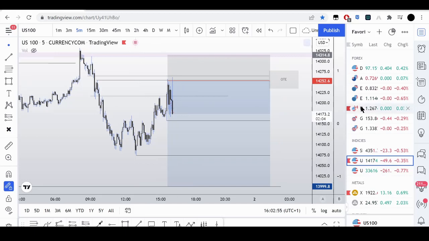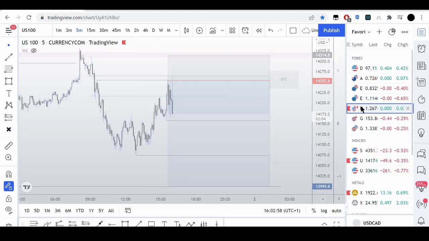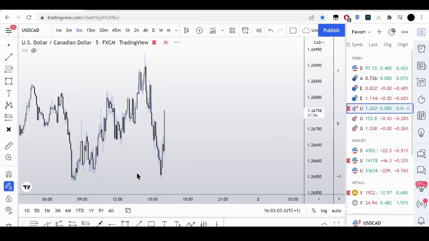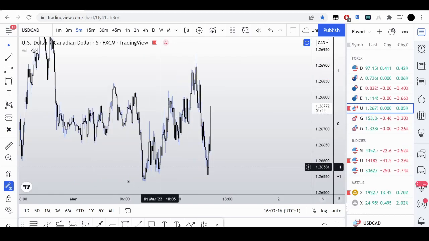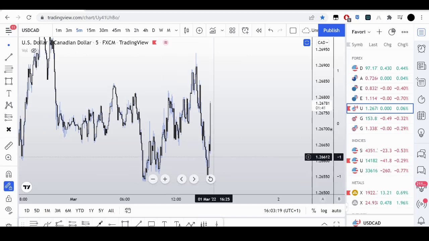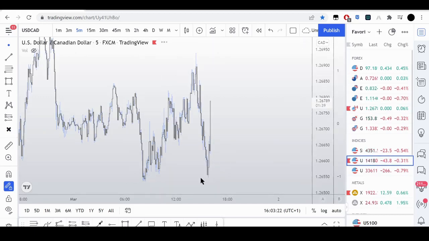Let's see USD CAD. Let's see what USD CAD is doing. I think USD CAD probably ran that low, and it might be bullish. Okay, so it didn't run these 2 lows like I thought it would. I thought London close would have run these lows and come lower. Turtle soup, remember the 3 drives? I was thinking it could have done that, but you can see it didn't. So we created relative equal lows down there.